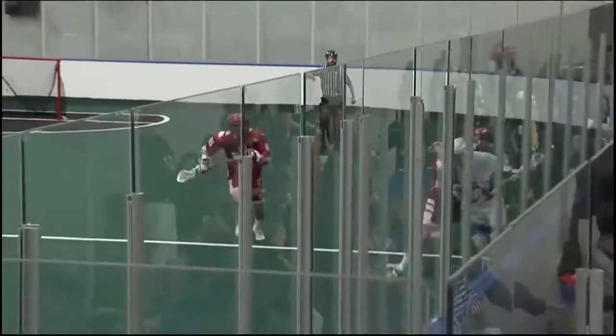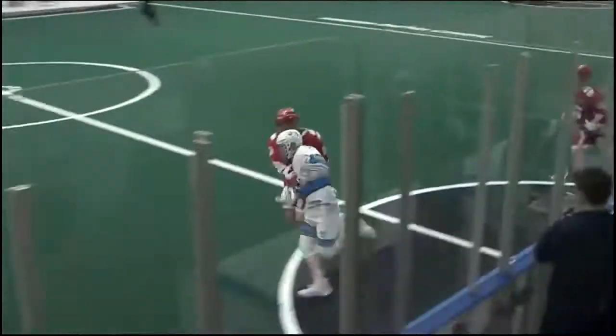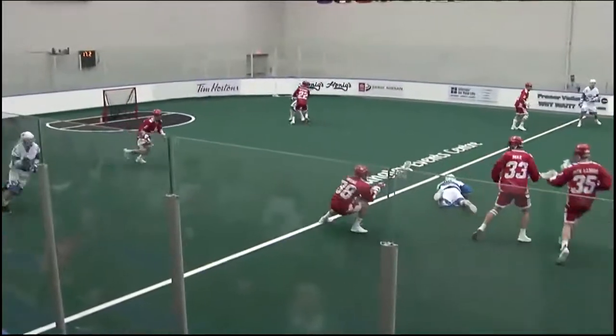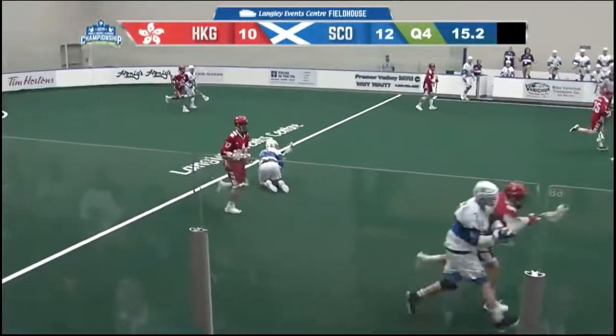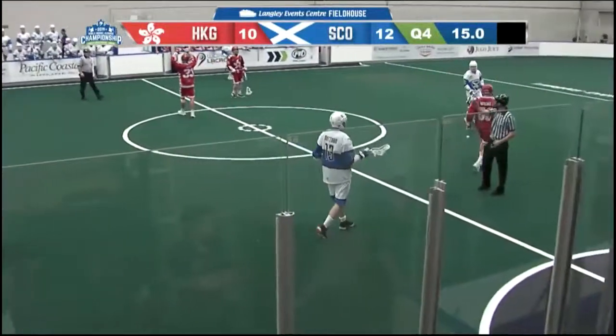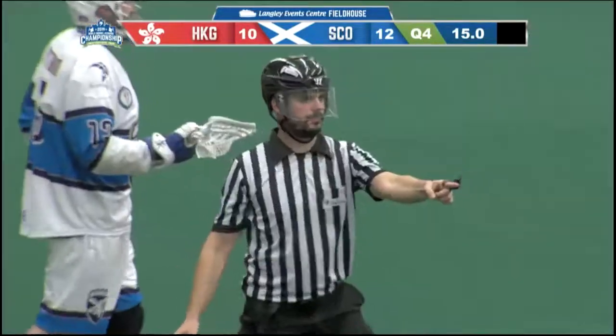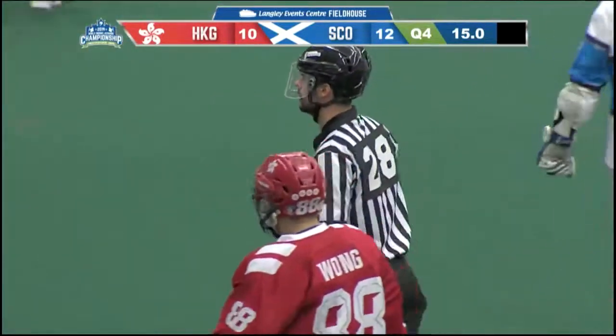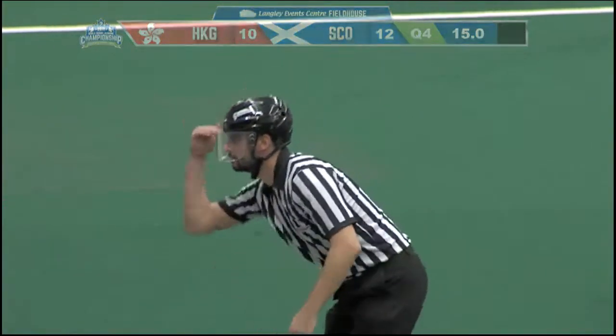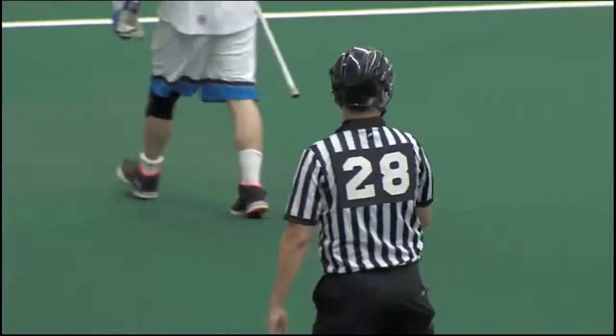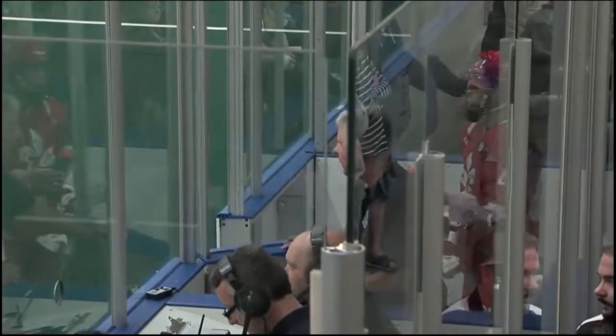And the ball back into play is Pachieski battling bodies, getting over center. A wide open goal. He's tripped up, and a penalty is coming up to Hong Kong. Arms in the air. That bench not pleased. Scotland bench is extremely happy. Tripping the call. Wong is off.